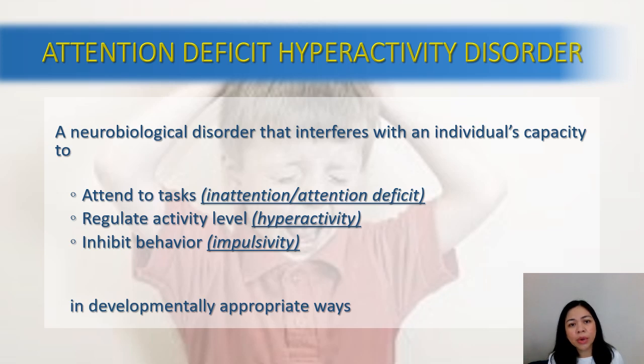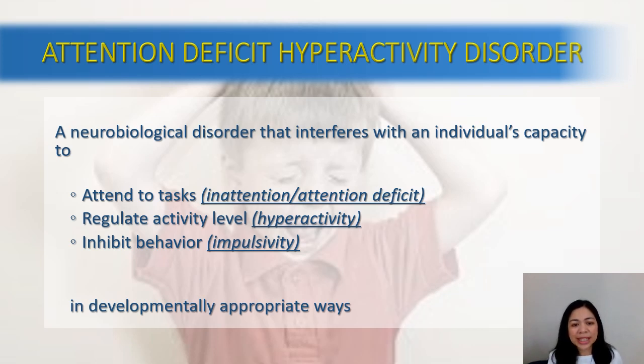Again, this is a neurobiological disorder that interferes with an individual's capacity to attend to tasks, so this is called inattention or attention deficit, to regulate his activity level, and this often manifests as hyperactivity, and to inhibit behavior, this is called impulsivity,